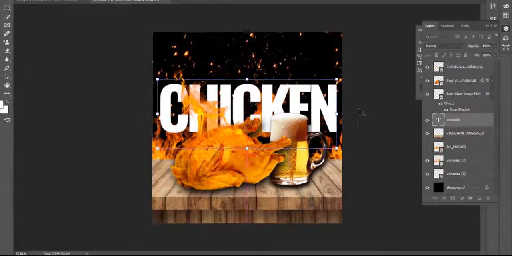Okay, right. I place it in the center of my art canvas, right? So after that, I apply some gradient color to the chicken, right?